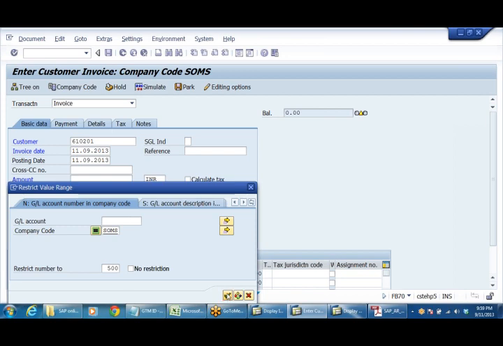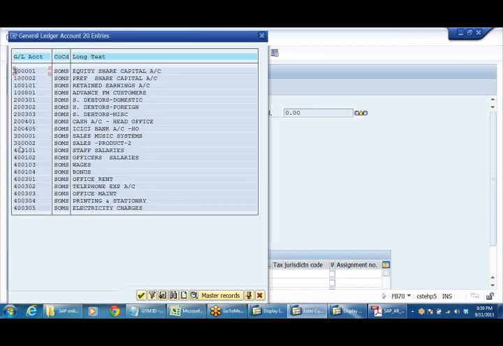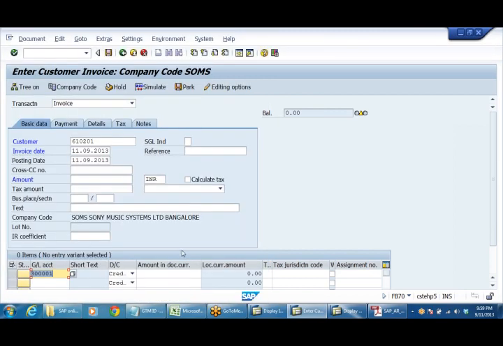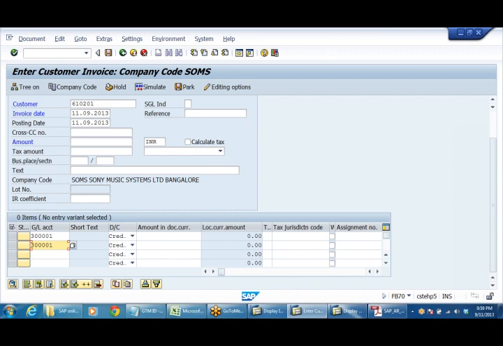Let me see how many sales accounts do we have. 3 lakhs 1, 3 lakhs 2. Sales music systems, product 2. So what I can do, I can take 3 lakh 1 and 3 lakh 2. So if you have more number of products, sales can be reflected like this. It is credit anyway. Customer account is debit, sales account is credit.